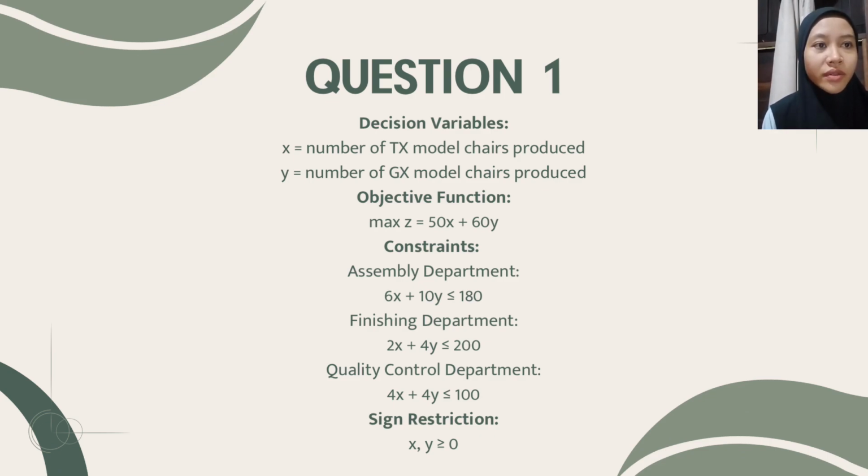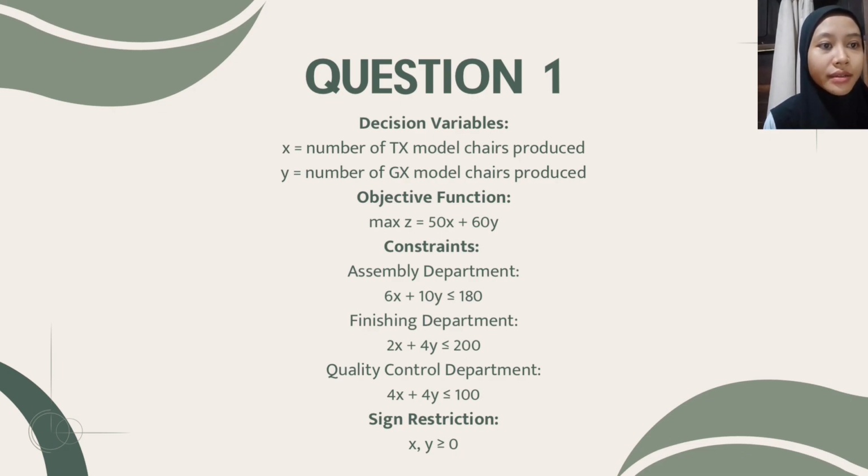From question 1, we know the decision variable is X, the number of TX model chairs produced, and Y, the number of GX model chairs produced. Then the objective function is to maximize the profit. So max Z equals 50X plus 60Y, and the constraint for the assembly department, 6x plus